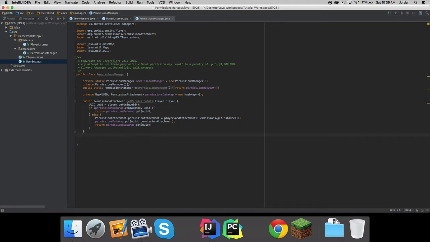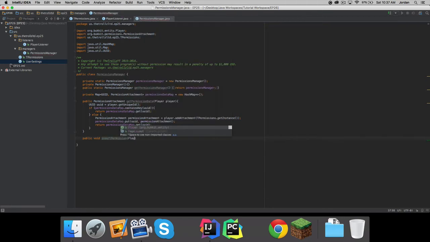So yeah, now what we can do is actually modify what permissions that person has, and this is where grouping and things come into play. This permissions plugin, until I update it, which I may or may not do, will only be able to support per user permissions. That's just because with the knowledge you have from this, you can go and modify it yourself. Of course, I may end up revisiting this in a future episode, but that's how it's going to be for now. So what we're going to do is say public void insert